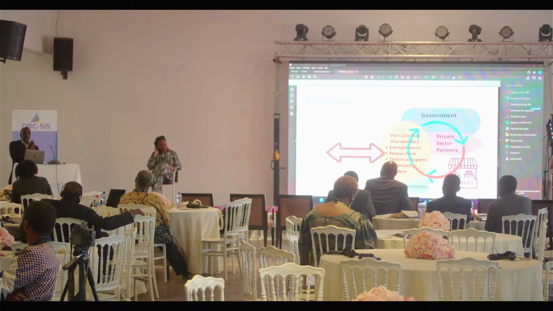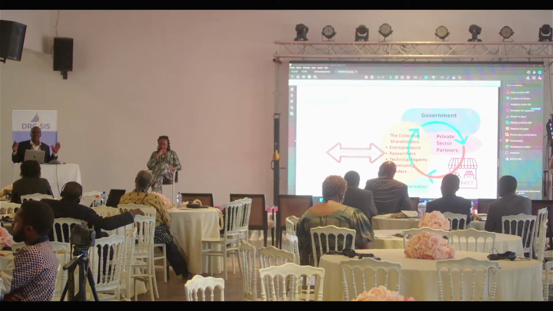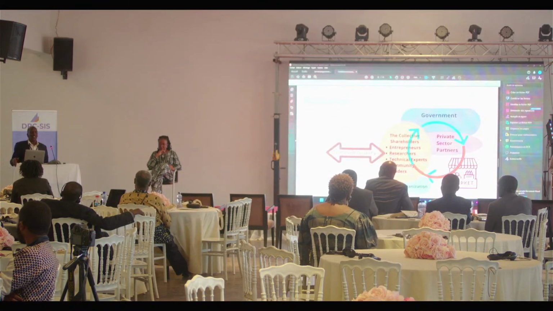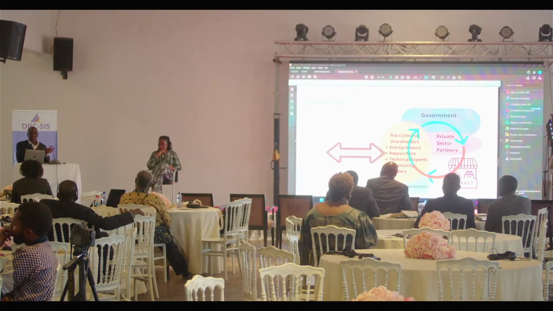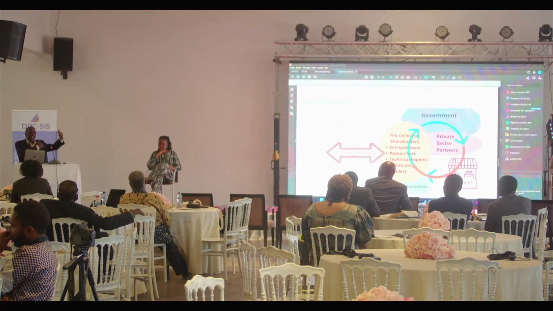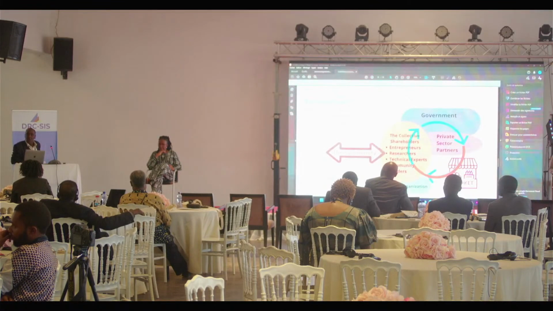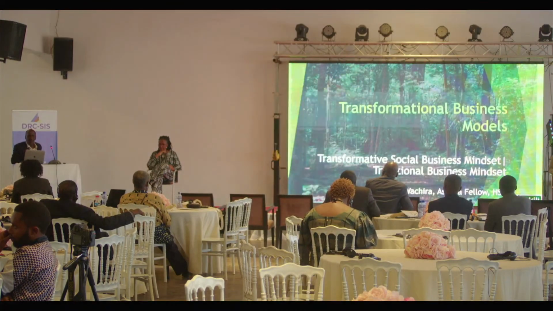The difference between a traditional business and a social business is this. A traditional business only accumulates value to its own shareholders. A social business model accumulates value and shares it across the entire value chain. So in our business model, we require that 15% of the income we are making for our investors to be